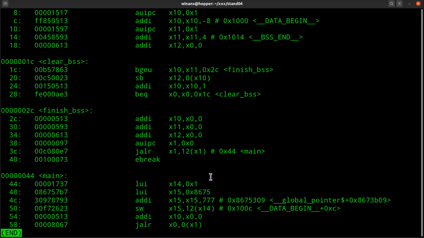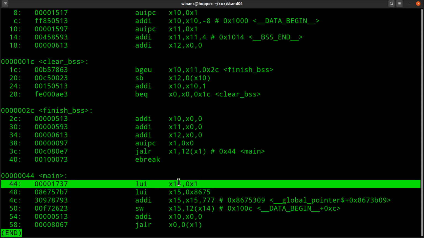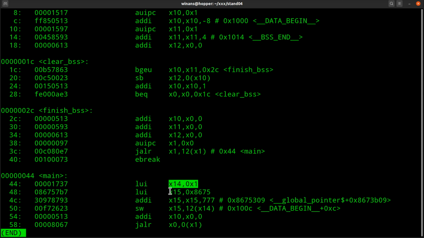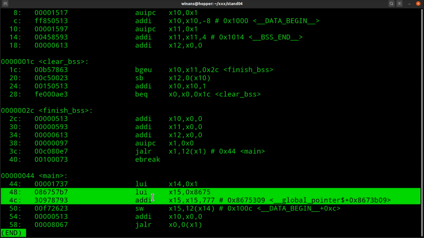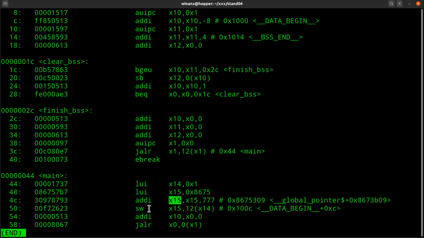for accessing the elements in that array. So this is setting our X14 to 1000, and we've seen these two before. This is how you can put 8675309 into, in this case, X15. We see then store word X15 to 12 in decimal off of X14, which is going to write it into